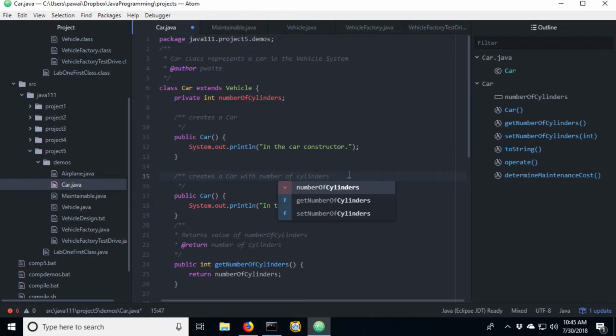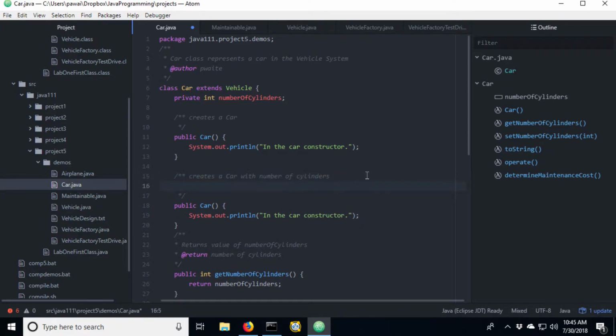And because now I'm going to be passing in a value, we'll have a parameter called number of cylinders, the car's number of cylinders, and then here in the parentheses, that's where we add the parameter.